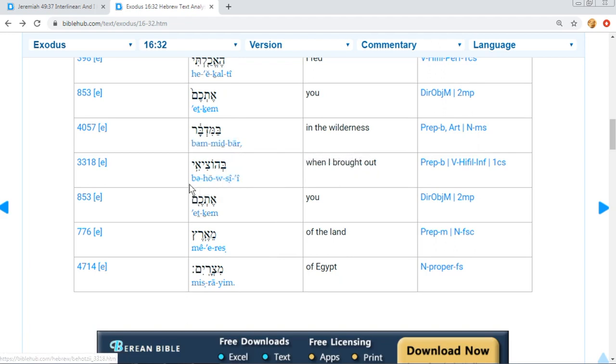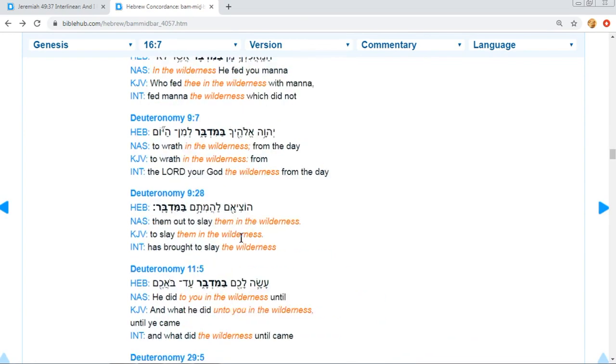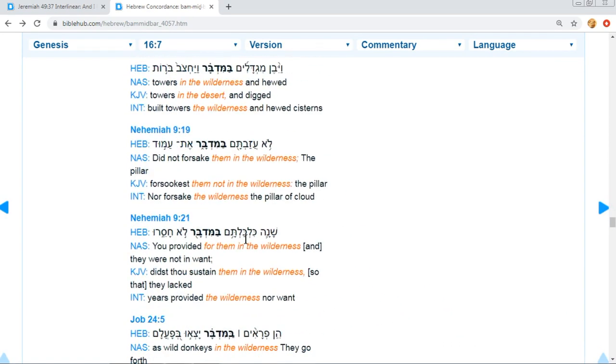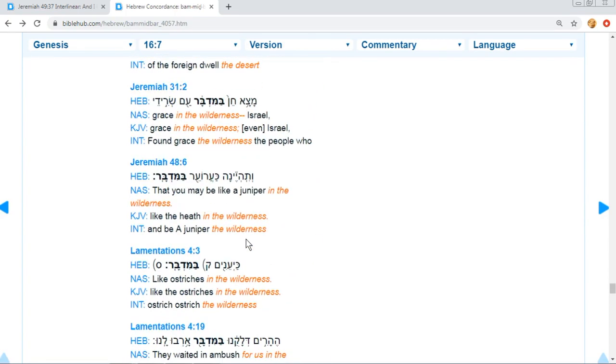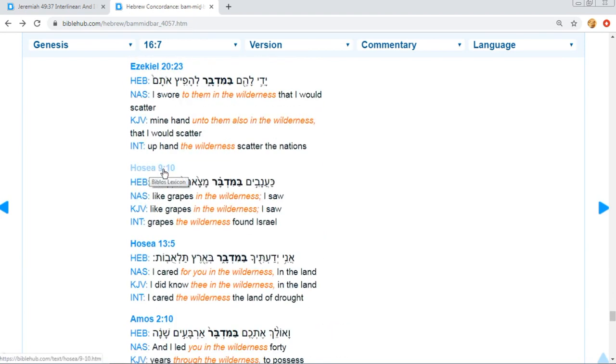So when I looked at this again, I looked down here at their pronunciation. It looked like it says in Hosea. In Hosea. In the number in Hosea, make to march from crime. So I had looked at the word number. I just clicked on in number, and I scrolled on down to the book of Hosea to see if I could find the word numbers come up in Hosea. And it comes up twice. So this is probably going to be my next search and coming up in the next movie, because this is getting pretty long here,